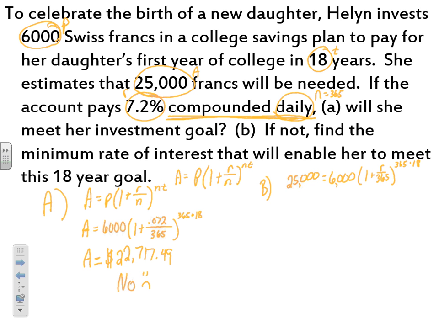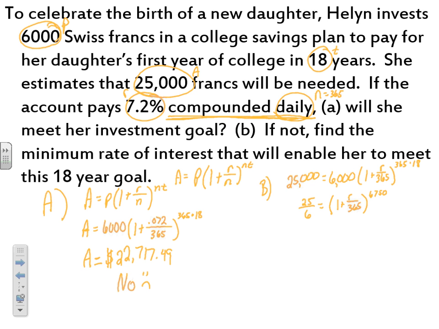So straight away, I'm going to divide both sides by 6,000. So 25,000 divided by 6,000 unfortunately doesn't work out to be a very nice decimal. So I don't want to write that as a decimal. However, 25,000 over 6,000 does simplify to be 25 over 6. So that will be left with, and I still need to keep everything in parentheses for the time being because it is still raised to an exponent, and 365 times 18 is